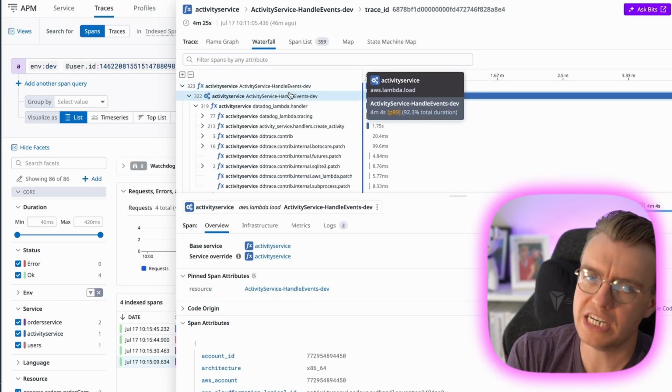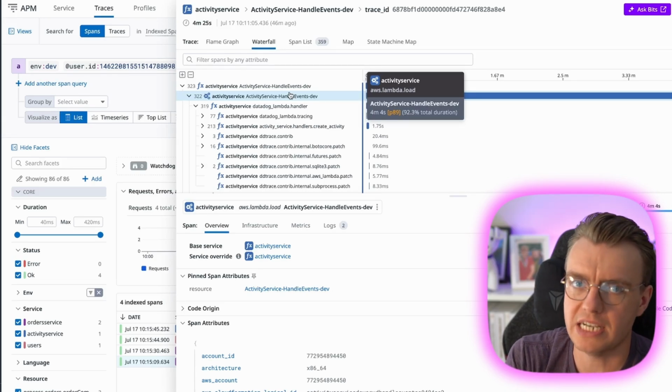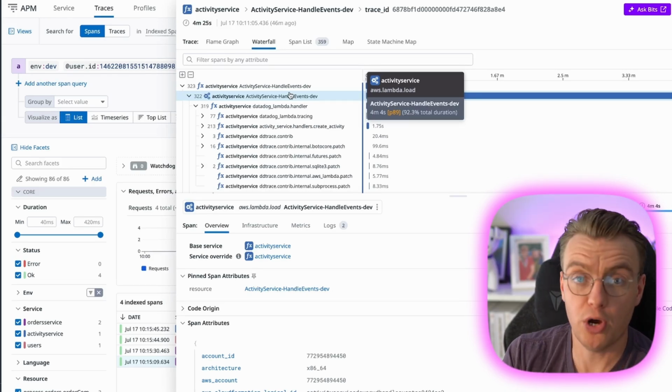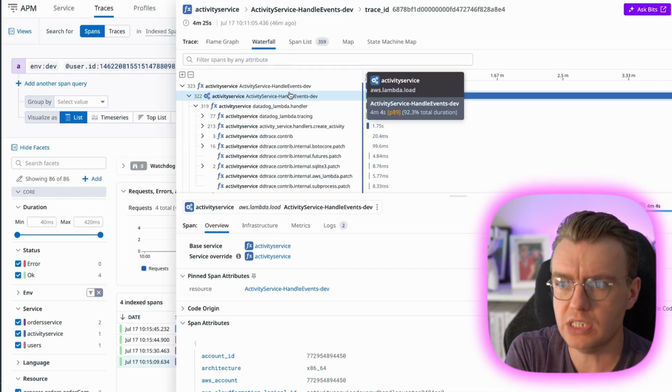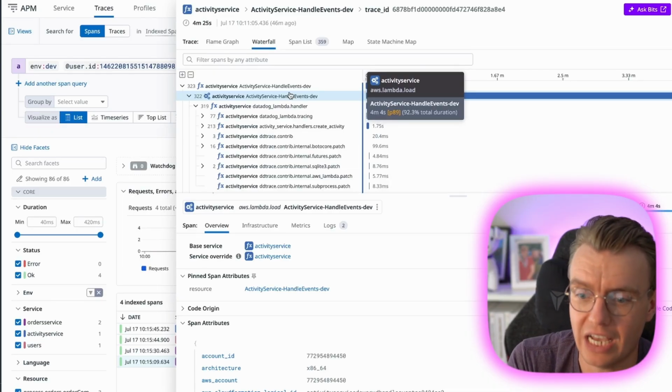So whilst trace propagation is incredibly useful, particularly if you're using parent and child traces, whenever you get a trace in a downstream system, you're parenting that to the upstream producing trace. Whilst that can be useful, it does cause its challenges, it does have its trade-offs. So what's the alternative, I hear you ask? And that's what you're going to learn about in the next video in this series. How span linking as an alternative to trace propagation can help solve some of these challenges with parent-child trace relationships, and actually when you should choose to use span links and when you should choose to use trace propagation.